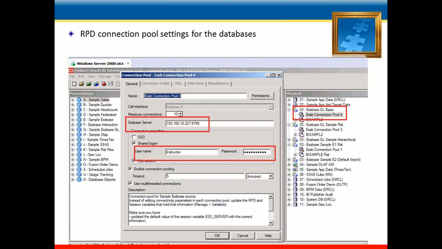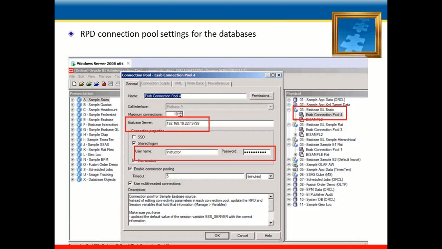So we need to give the server name and the server port. I have just mentioned the IP address of my server and given the server port on which the agent is accessed,